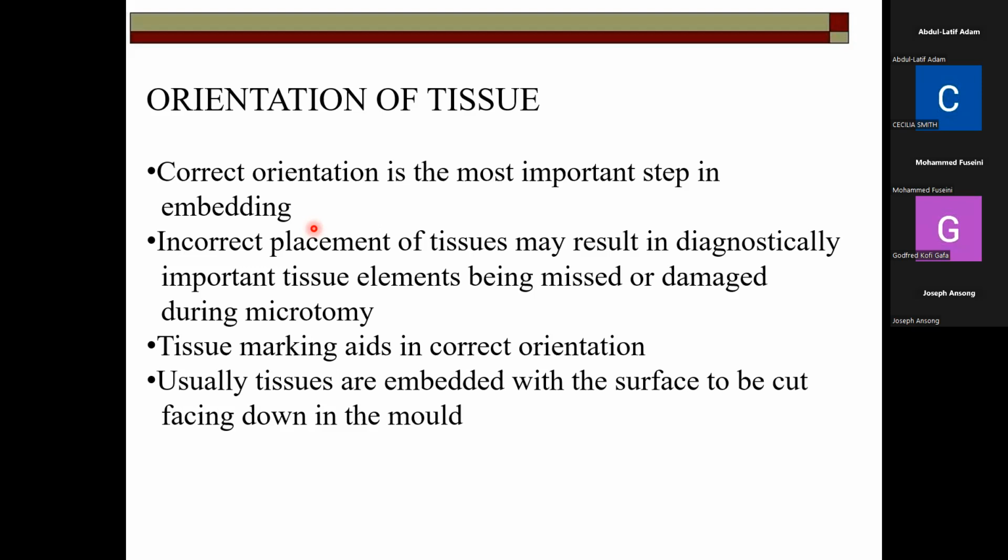Okay. But if you have a tissue that doesn't have any layers, like you have something like a liver, you have something like lung, you have something like spleen, you have something like fibroids, those kind of tissue, as you can see, you embed them flat. So you embed them at the flattest plane of the tissue, the most flattest plane of the tissue,